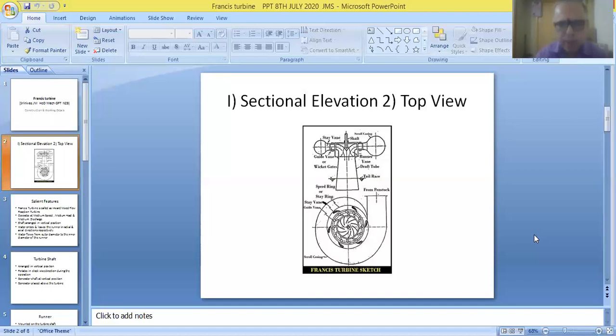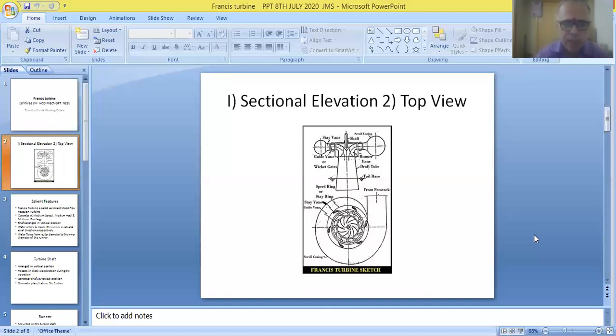So during the operation, in the first stage, the casing is increasing the kinetic energy of the liquid. Guide wheel in the second stage is increasing the kinetic energy of the liquid. And finally, the runner in the third stage is also increasing the kinetic energy of the liquid. So therefore, the kinetic energy of the liquid that is coming out of the runner will be maximum, and the pressure of the liquid, obviously, will be minimum.